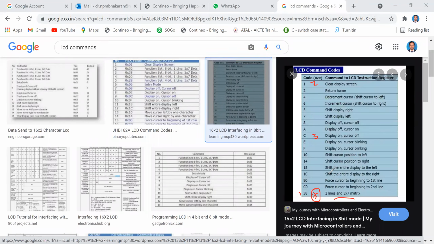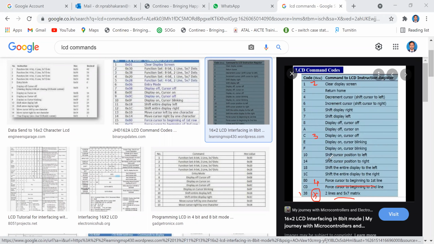There are some basic steps you should do, and maybe the manual has given some commands. Fine. We will take certain commands and execute them in simulation so that it will work on real hardware. And fourth step, you can decide that the LCD should force the cursor to the beginning of the first line.